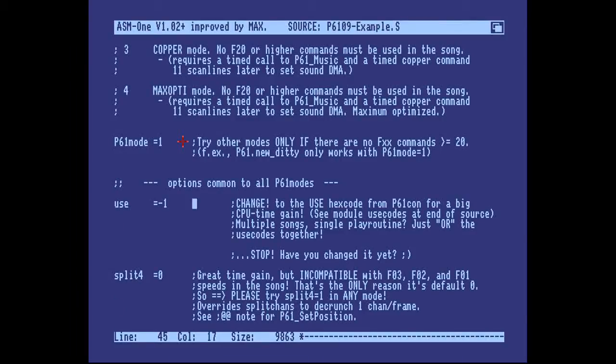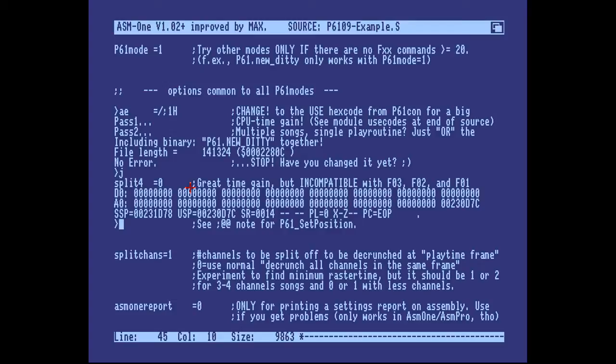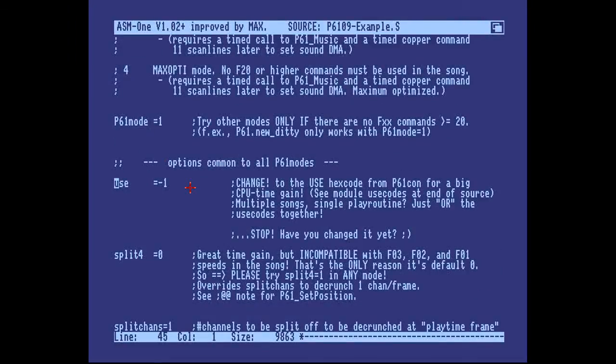What I want to show you before we go into the details of running these other modes is how to optimize it for mode 1, which is, firstly, when you play this song, you can see how much raster time it takes. It takes between I guess 4 and 8 scan lines on a 68000 CPU. But there is no really good way of measuring these. I think there's two chained interrupts, and then the secondary interrupt which just sets the DMA. So there's no good way of measuring that, but we can make sure that it plays optimally by, firstly,